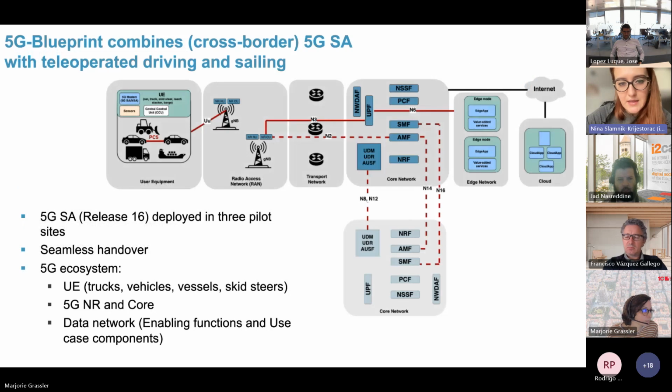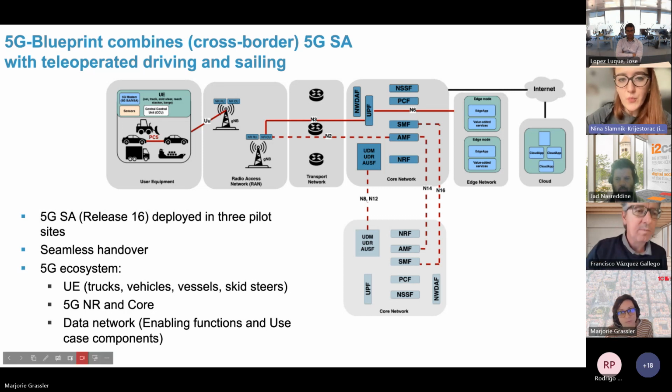Concerning the project, as it is another ICT 53 project, a sister project of 5G MED, we focus also on the 5G standalone Release 16 deployment in different pilot sites. And apart from the cross-border one between Belgium and the Netherlands, we also have 2 national pilot sites that were developed first to test different use cases in this real-life environment of 2 ports, Port of Antwerp-Bruges, and also